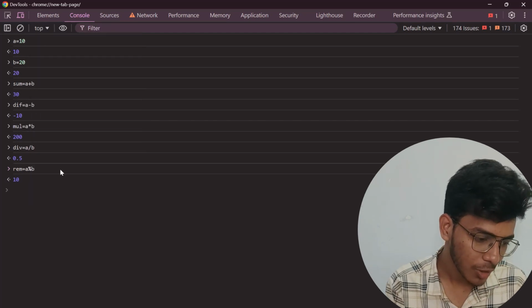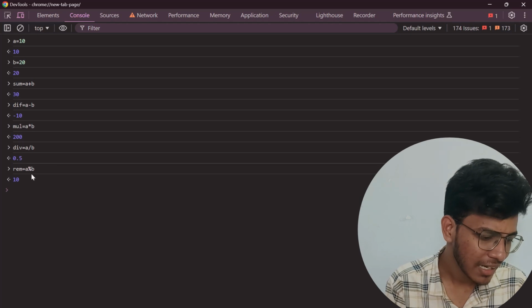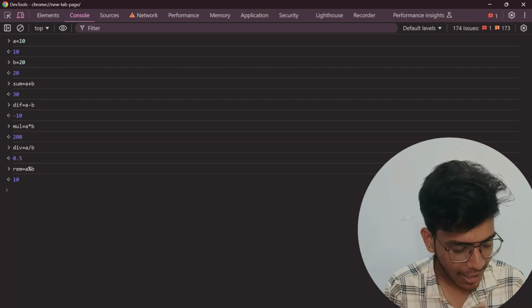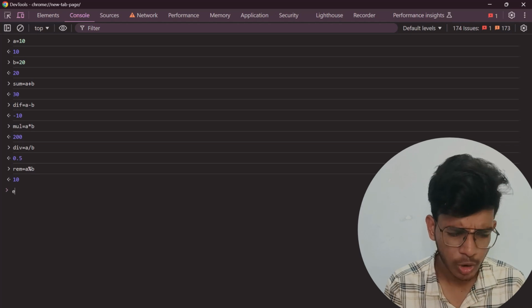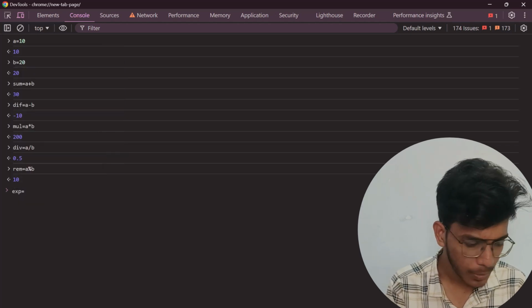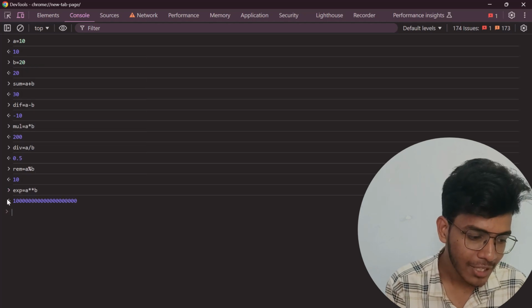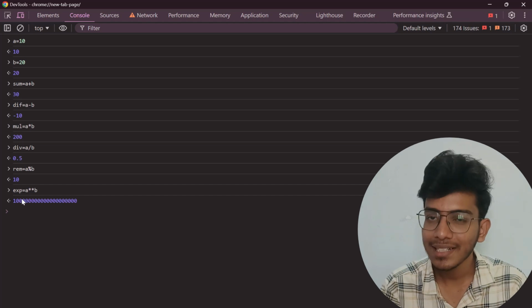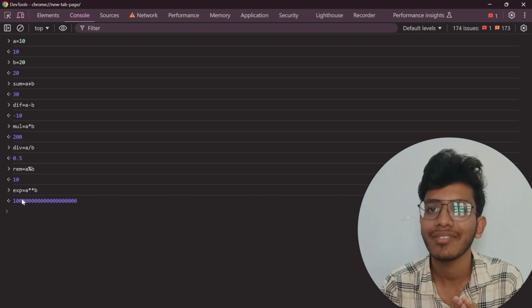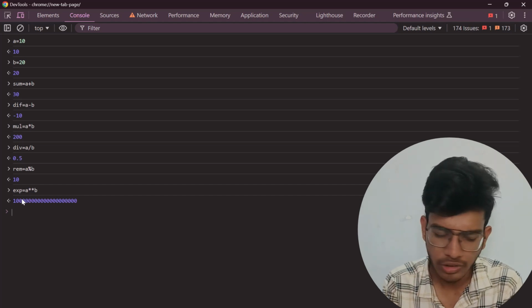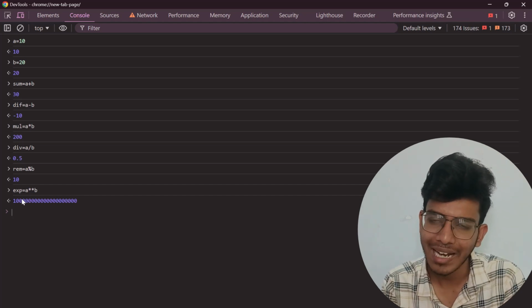You can see that my output is something 10. Okay, it is giving me 10. I don't know how, but yeah. After that, here we can also perform exponent. So exp is equal to A modulo star star B, and it will give you the power of that thing. Like this, you can perform different operations in your console, and these are the different arithmetic